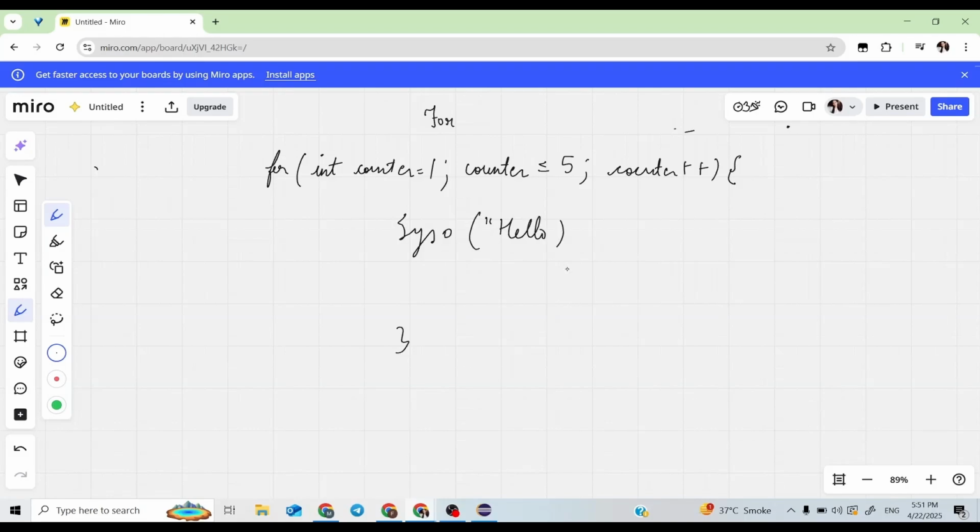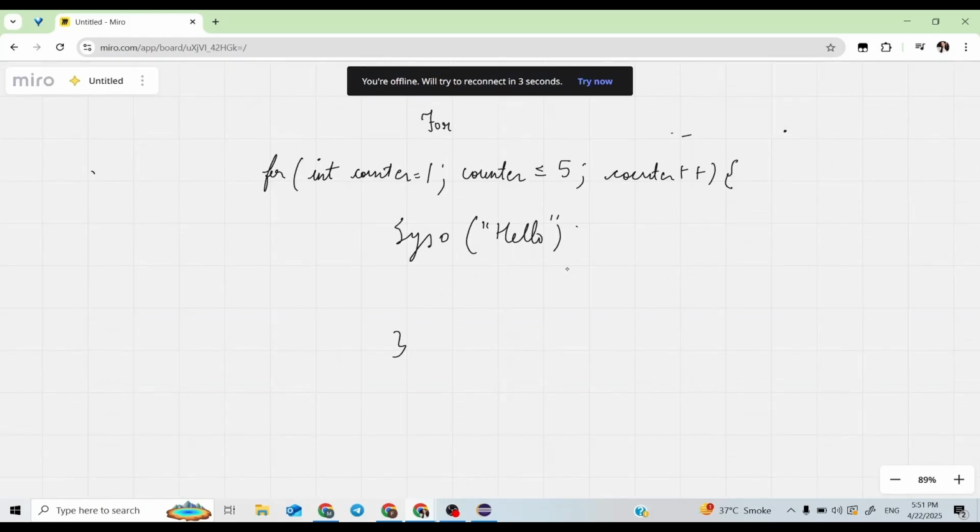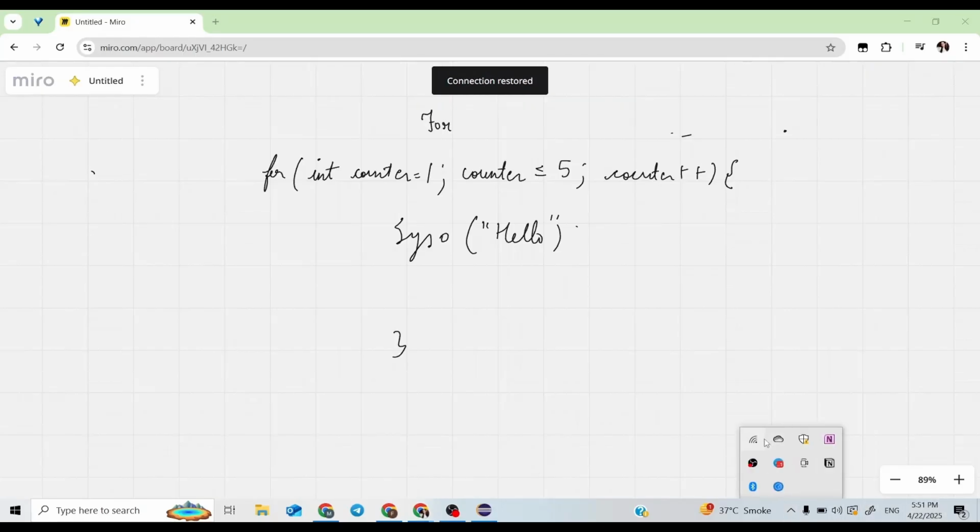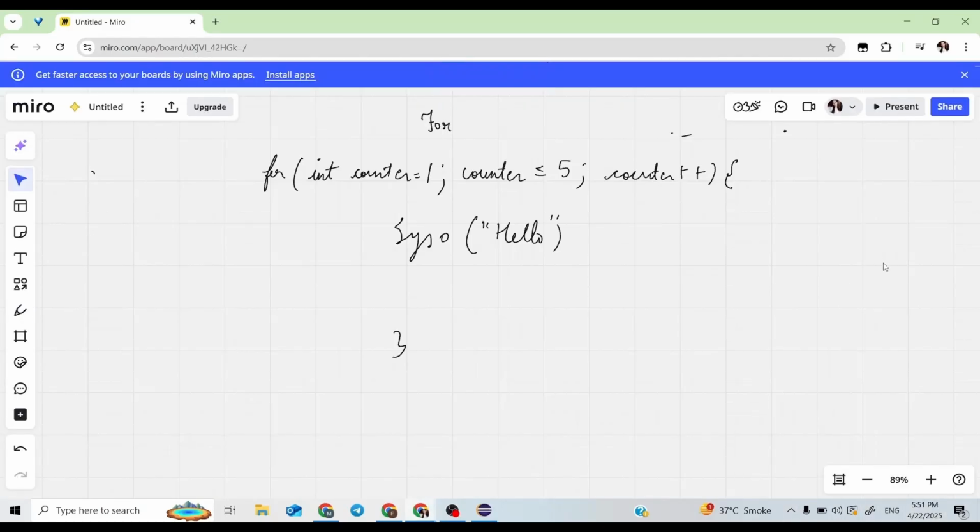So how will this for loop work? First of all, suppose you enter this line. The counter is equal to 1, so the counter is initialized to 1, and this condition will be checked.